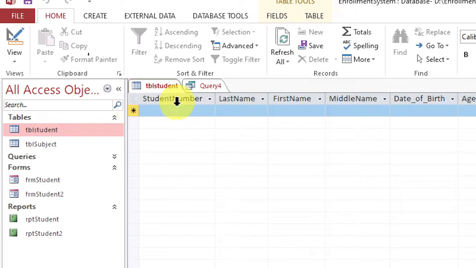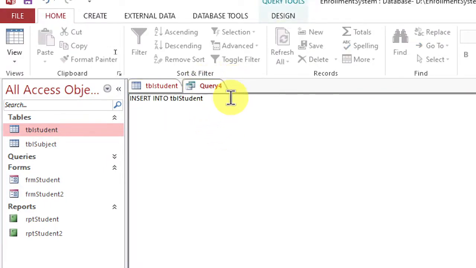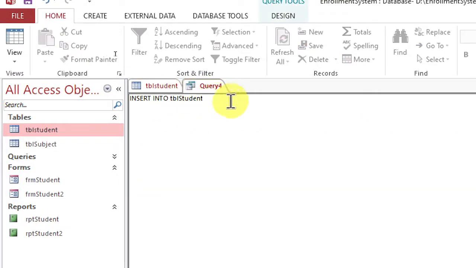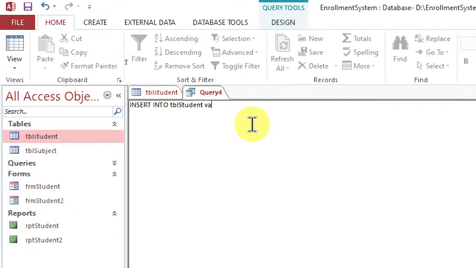So we must insert data to student number first, since student number is the first column in our table. So insert into table student and then values, and then you should